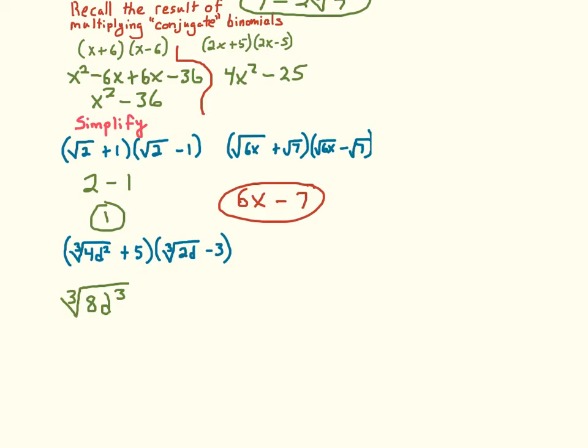So this one, these are not conjugates, so I am going to use full-scale FOIL on this one. Then I'm going to have to multiply the outers, which is minus 3 times the cube root of 4d squared, and then plus the inner, which is 5 times the cube root of 2d, and then finally I'll have last, which is 5 times negative 3,